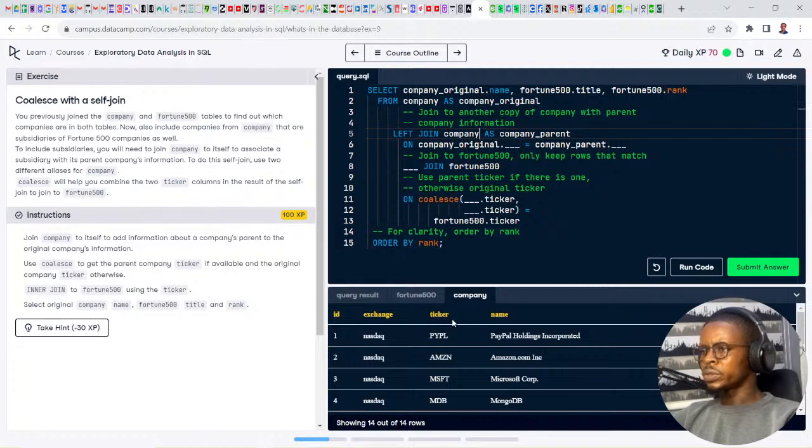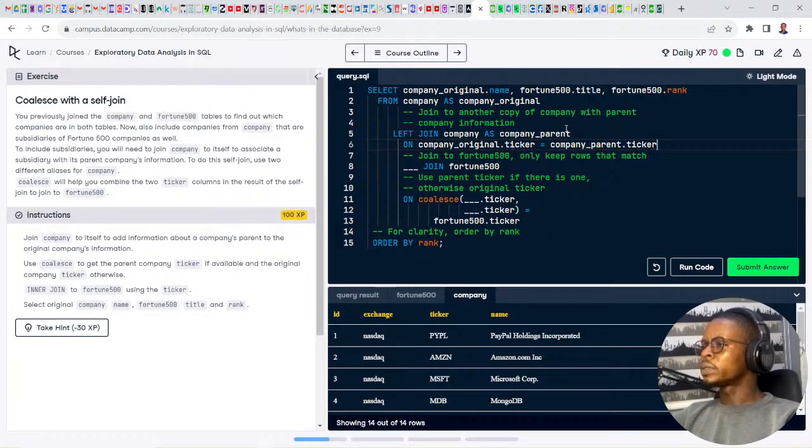So what are we going to do? I'm going to use the ticker column. So use coalesce to get the parent company ticker if available, and the original company ticker otherwise. So I'm going to use the ticker column here. So okay, we are getting there.